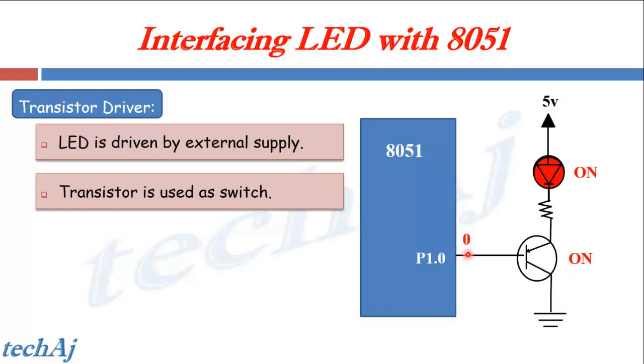As soon as we set logic 0 on the base of the NPN transistor, the transistor will turn off, which will act as an open circuit, and this resistor does not get any ground. That means the LED will turn off. So in this way, the LED has been turned on and off by switching the transistor on and off.